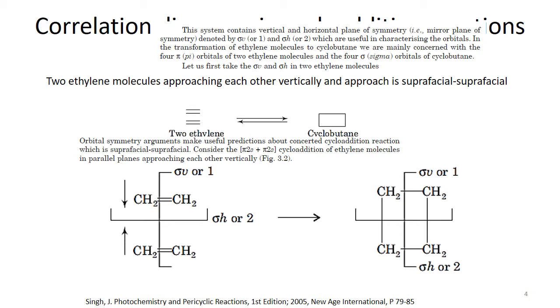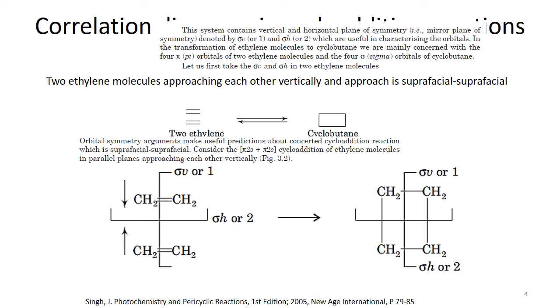So what we are going to do here is use these orbital characteristics to draw the correlation diagrams for the conversion of ethylene molecules to cyclobutane. This kind of discussion of orbital symmetry arguments can help us very much to predict how the concertedness of a cycloaddition reaction is achieved, or why it has to be suprafacial. This system is a pi 2s plus pi 2s cycloaddition. The molecules approach each other in parallel planes,